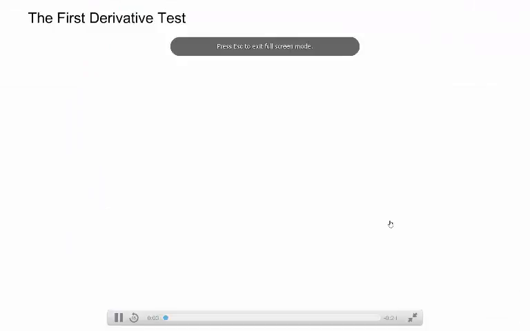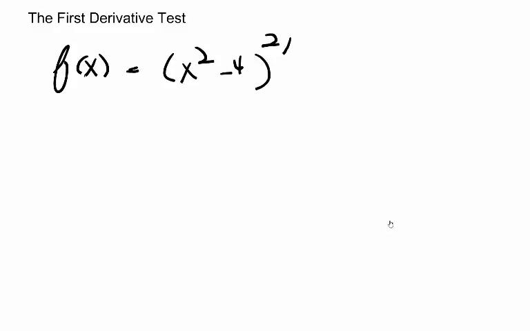In this video, we're going to apply the first derivative test and find the relative extrema of f of x equals (x squared minus 4) to the 2/3 power. We first need to note that f is continuous along the entire real number line,